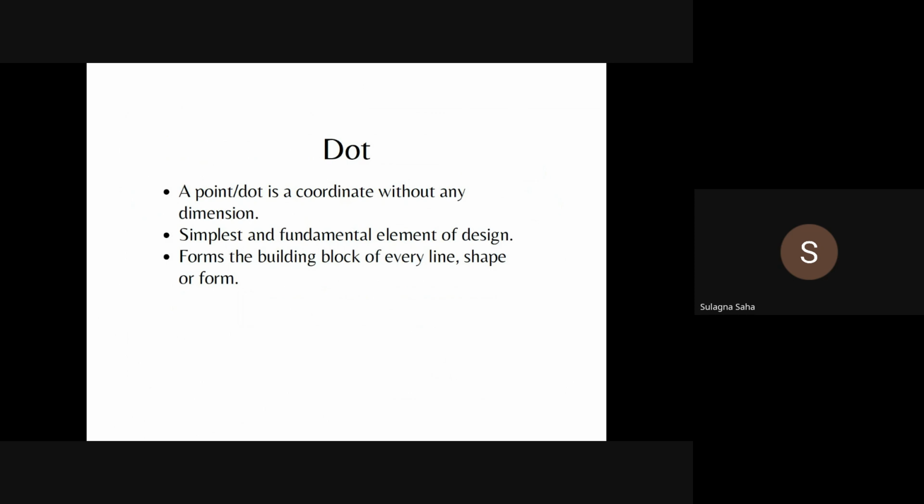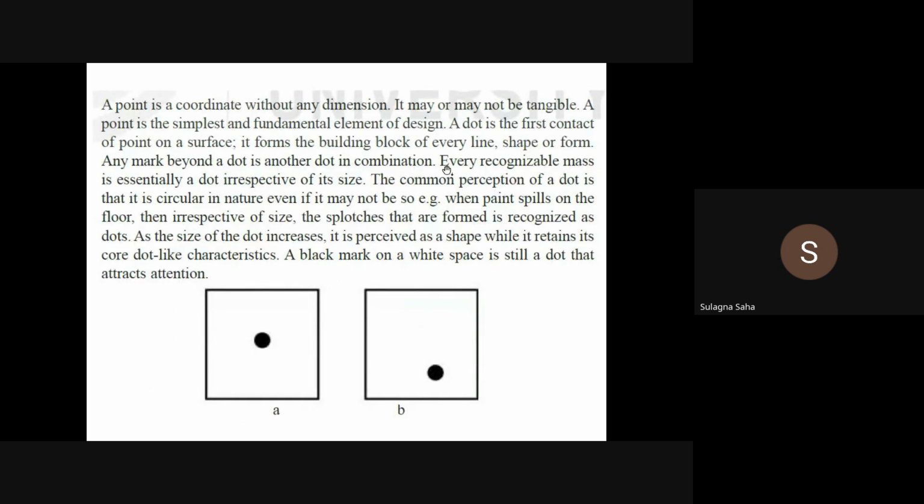dot. Dot, as we also call it, point or a dot, is essentially a coordinate without any dimension. It is the simplest and the fundamental, and it forms the building block of any other element, for example, if it is a line, shape, or form. So we call it an element,